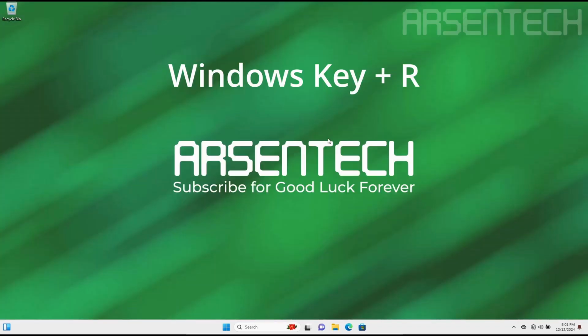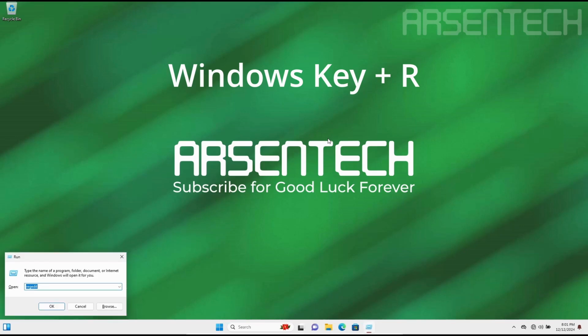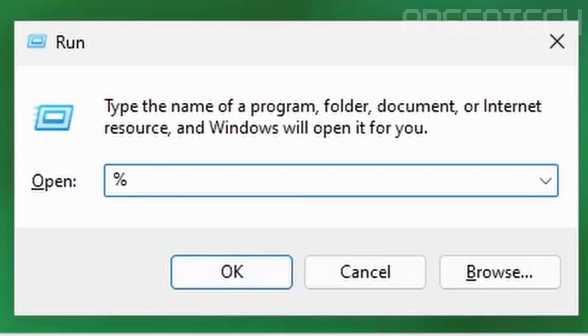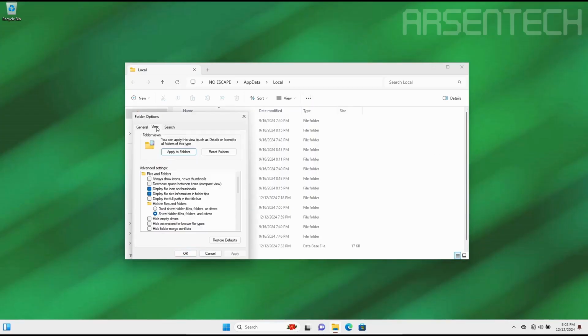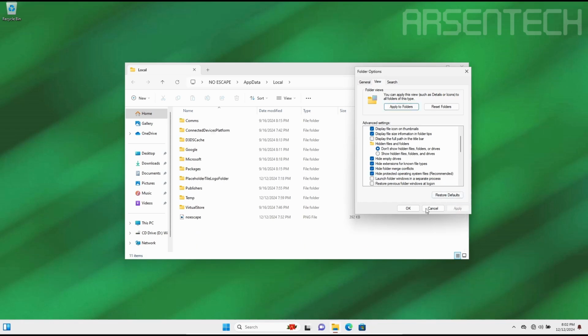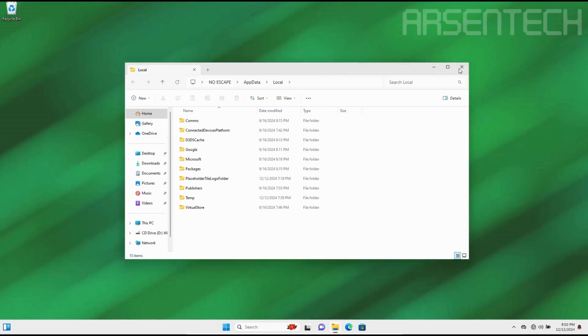Now press Windows key and R key at the same time, and then type %localappdata%. But before that, make sure show hidden files, folders or drives is selected and these four options are selected. Delete the noescape image.